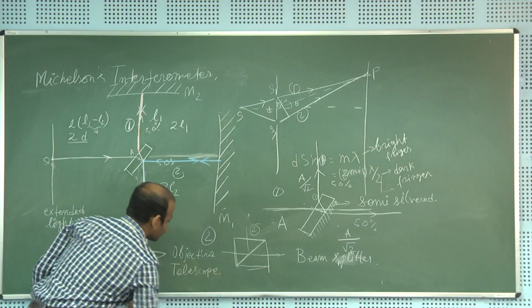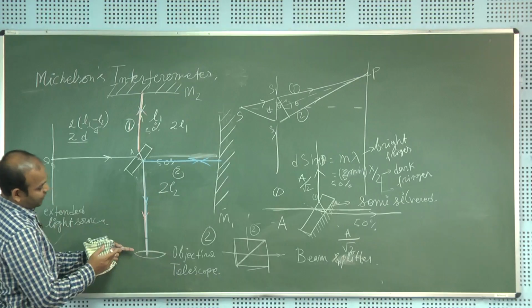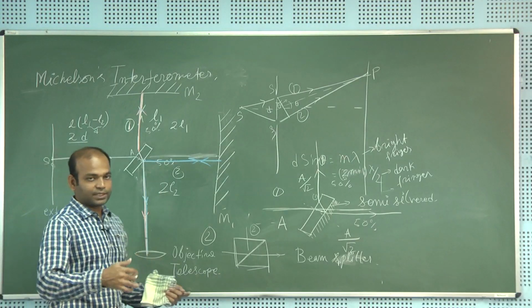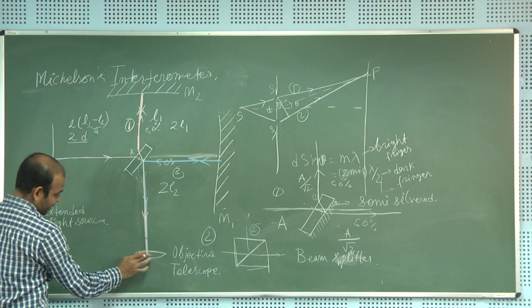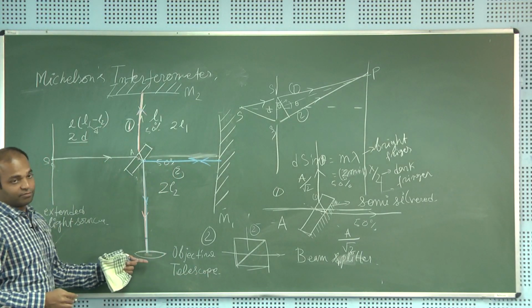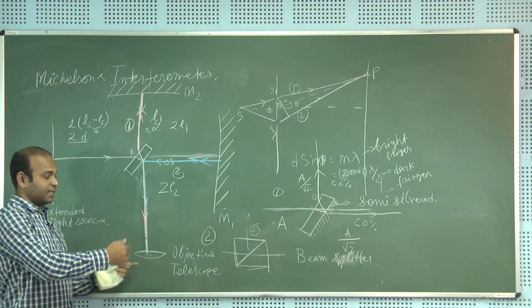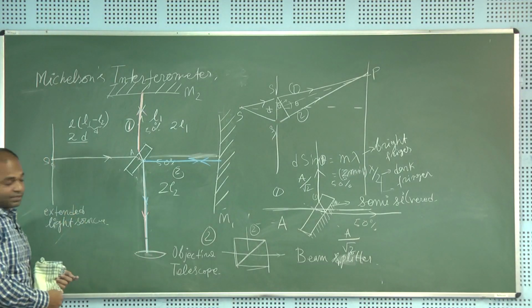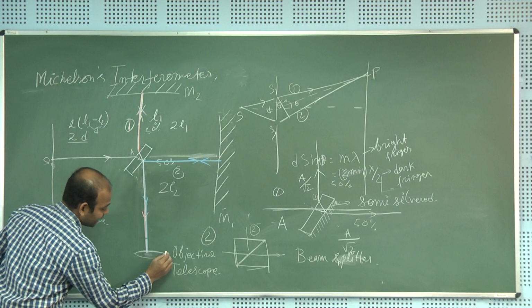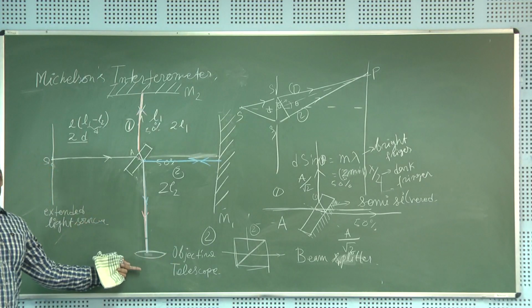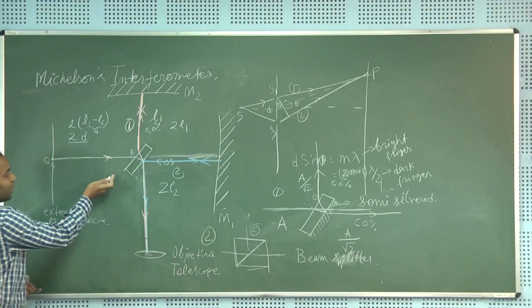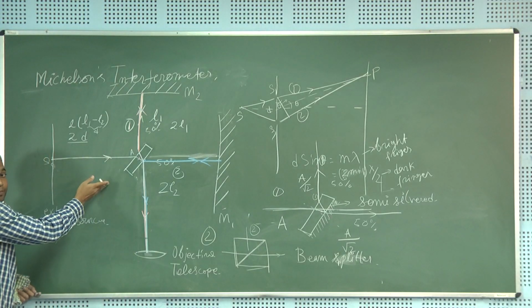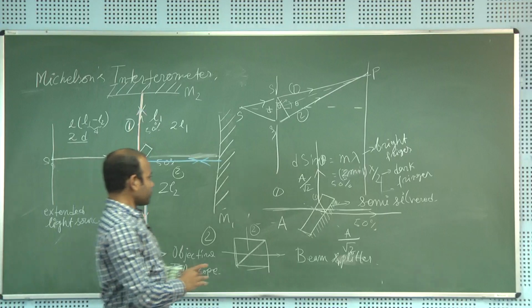What a telescope does is it helps you to see things which are at infinity. So these fringes are localized at infinite distance. That is why we need a lens, and the point that I am trying to make here would be clearer when I draw the equivalent picture of this by considering